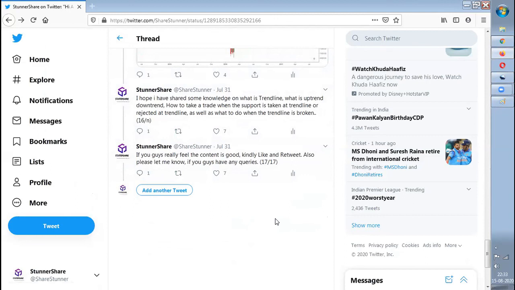So there are some cases like how to trade on a trend line. Some cases, for example, a trend line can get broken, but it can be a fake out. It need not be a breakdown or a breakout. It can give a fake out and the trend again can continue. Some cases are like that. So those examples, those cases will be explained in the Stock Market A to Z complete series.